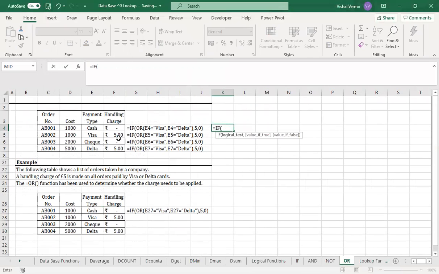Then we need to put the logical function. In the case of AND, we started with the AND function before the logical test, but here we will be using the OR. Then we will check the logical condition, that it is equal to Visa,